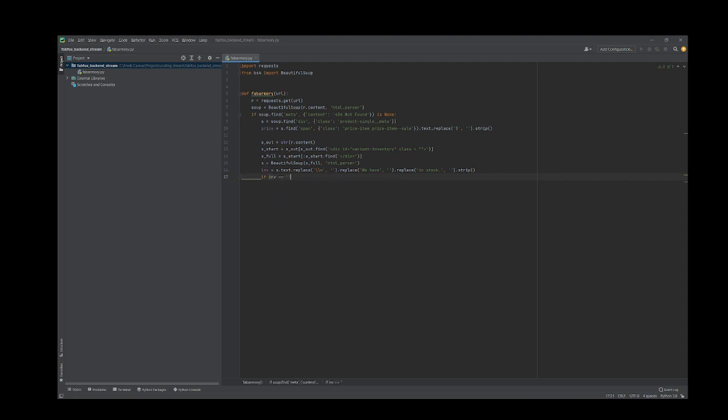If we find that the inventory is blank, then we'll just set it to 0. And now we have everything we need. So we're just going to return a dictionary. That's the inventory, that's the price,